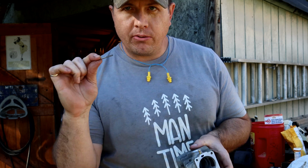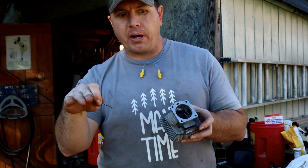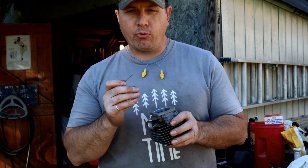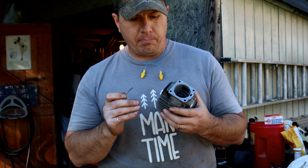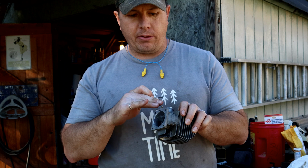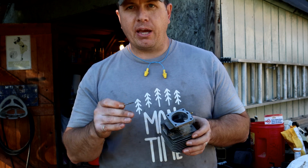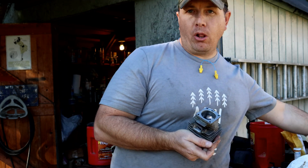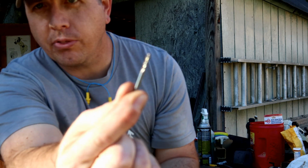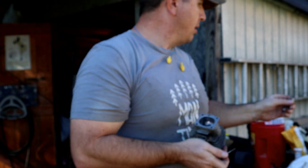And so you can very easily see those high spots and start working those down to make flat spots. I didn't really do anything to raise the deck and the floor, maybe a little bit on the exhaust side, raised the roof a little bit, and then on the intake side lowered the deck a little bit. And then I went back in there with a diamond ball tool. So start off with the straight burr, then go to the diamond ball for your chamfer, and then